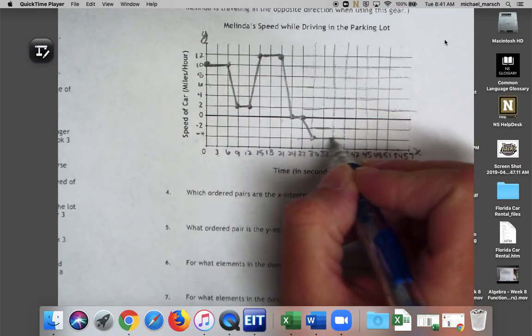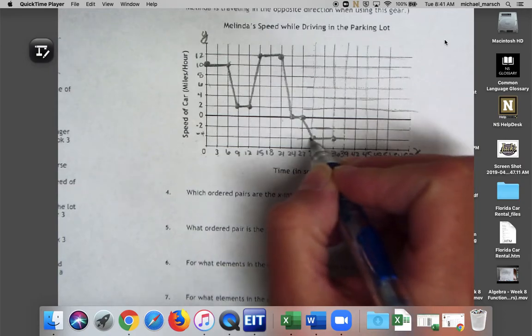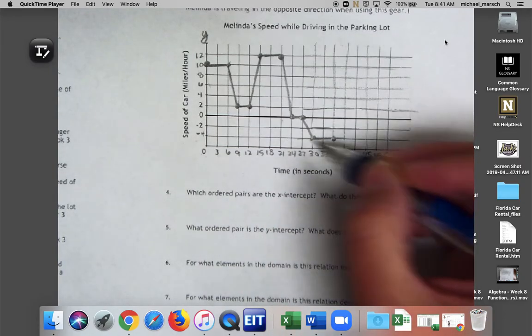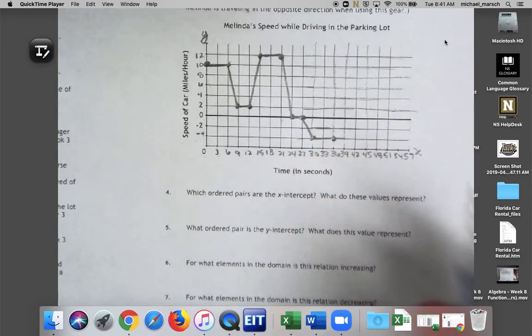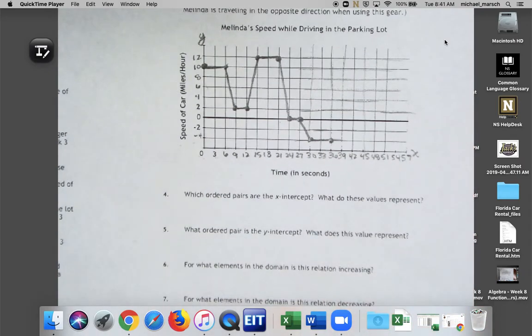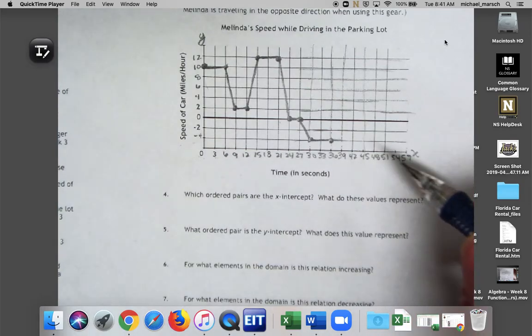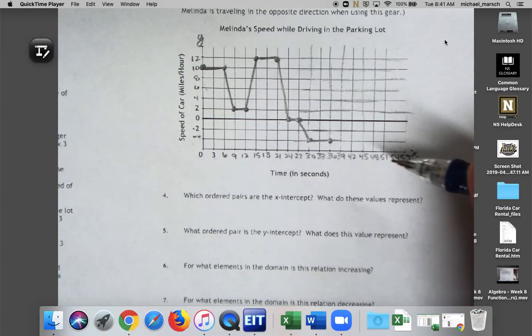So we're going to go for the next 6 seconds. She's still at that 4 miles per hour, and she's in reverse, so we're counting it as negative. I'm going to go ahead and tell you guys, I promise, just like with the other thing, it will not be this elusive. You won't have to guess that I want you to be in the negatives for reversing a car. Okay. She slowed down as she backed into an empty area at the back of the lot,